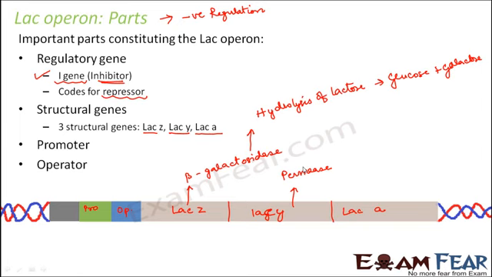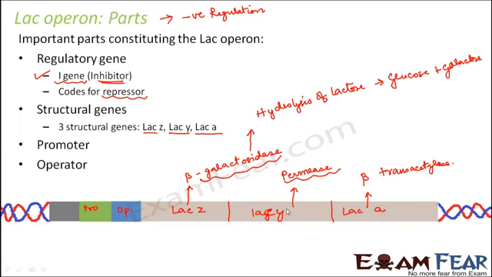So now we have the last structural gene, that is LAC-A, and this gene codes for an enzyme called beta galactosidase transacetylase. Now what does this do? There's not very certain information about the role of this enzyme in Lac Operon, but these two enzymes, beta galactosidase and permease, they definitely play very crucial roles in the process of fermentation of lactose.